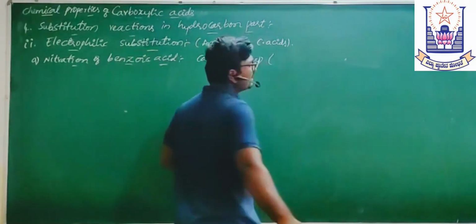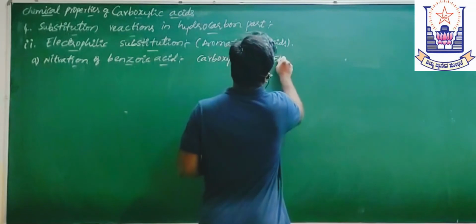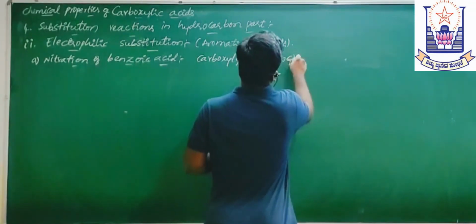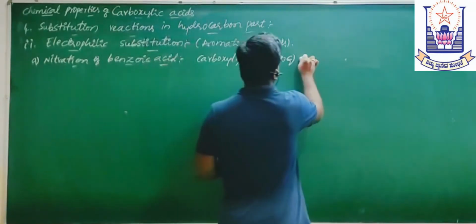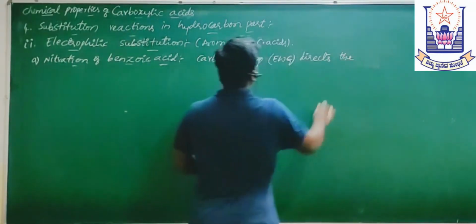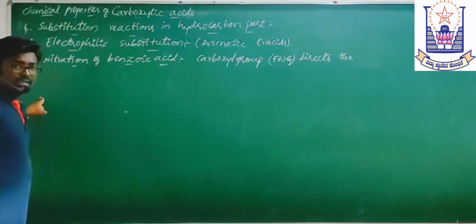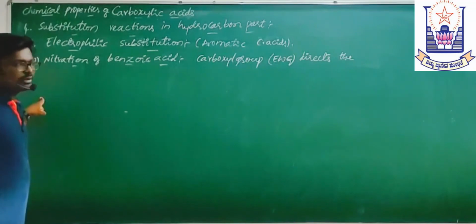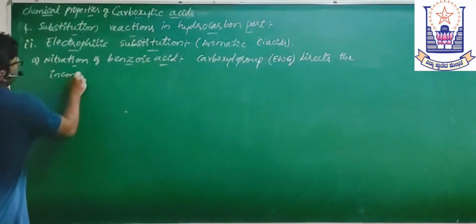There are many names based on its properties. The carboxyl group is an electron withdrawing group. It directs the incoming electrophile